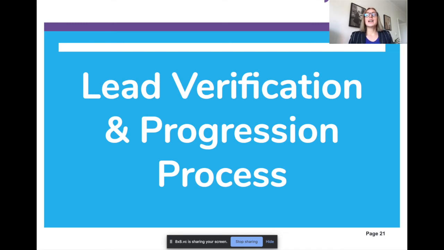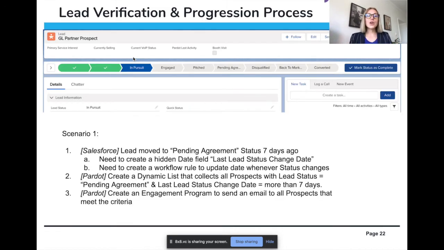Another thing is that with another client, I had a challenge. They have a very long and interesting lead verification and progression process, meaning that, as with a lot of businesses, they receive a new lead, and it goes through new, nurturing, and converted. In my scenario, the client had a lot of these lead stages, and at each stage, to improve their velocity, meaning to make sure the prospect actually moves quickly through the whole lead progression,